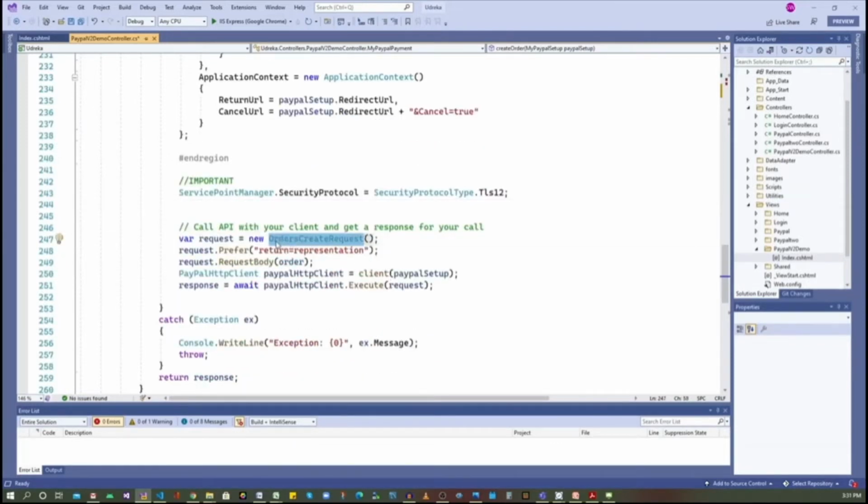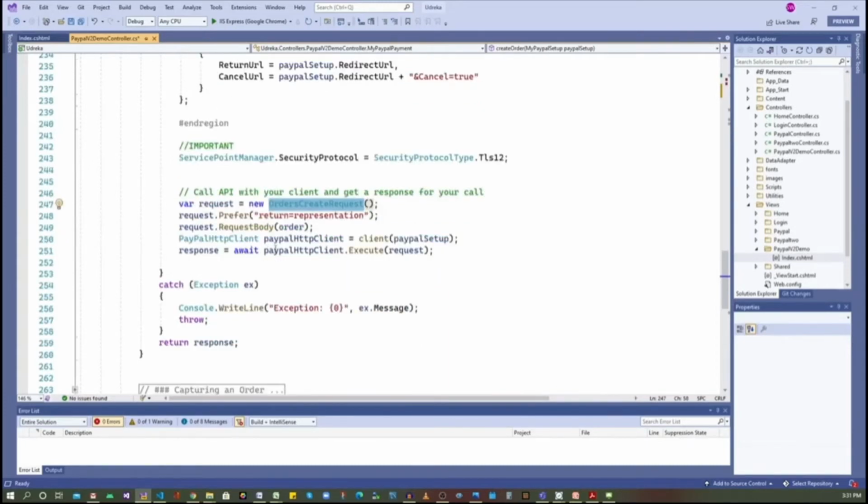Then we simply create the order create request object. This class is coming from the SDK. Don't worry too much about this. Simply write request.prefer return is equal to representation. Add the orders object that we have created above in the request body and call client. We have already seen this client class.